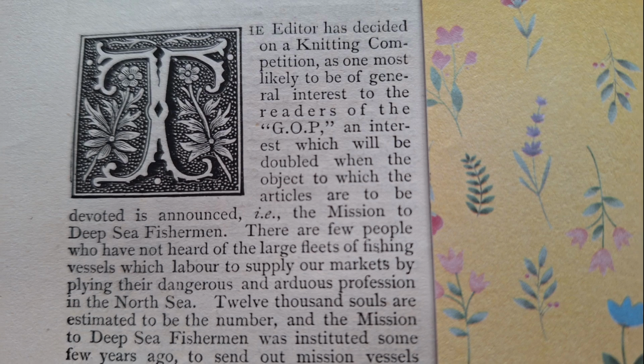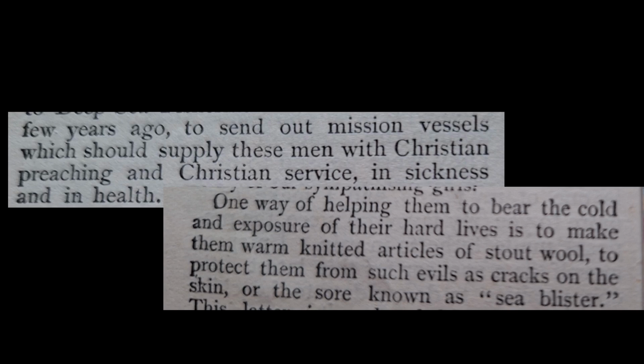There are few people who have not heard of the large fleets of fishing vessels which labour to supply our markets by plying their dangerous and arduous profession in the North Sea. 12,000 souls are estimated to be the number, and the mission to deep-sea fishermen was instituted some few years ago to send out mission vessels which should supply these men with Christian preaching and Christian service in sickness and in